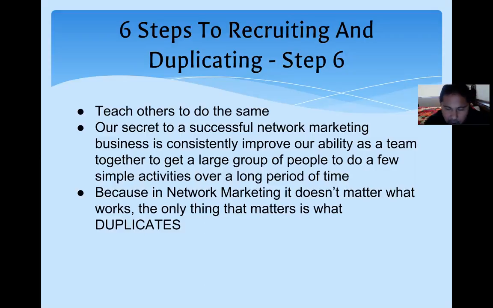So as you're going through this whole process, like I said earlier, you're training them as well, okay? You want to teach others to do the same. Teach others how to invite, right? Teach others how to present at the travel party. Teach others how to edify at a travel party, right? Continue to teach those individuals until they can do it themselves, right?